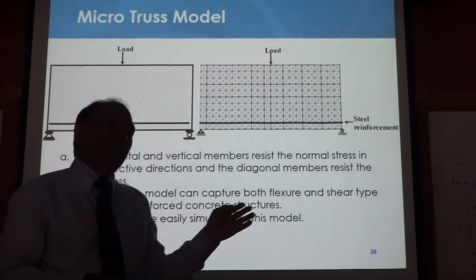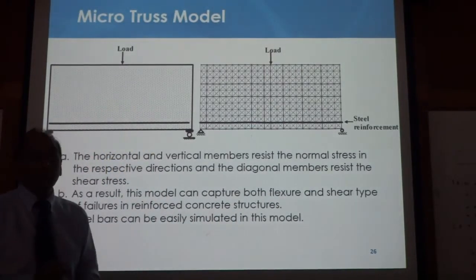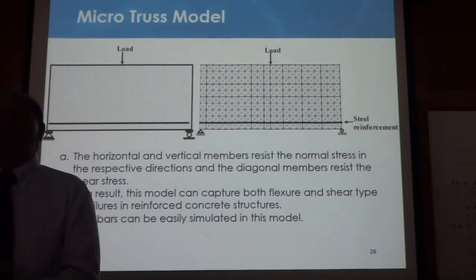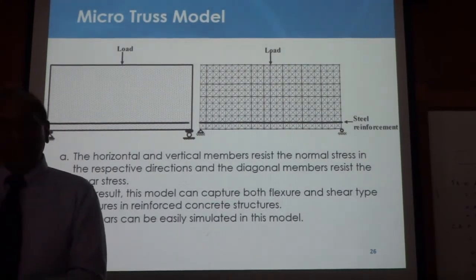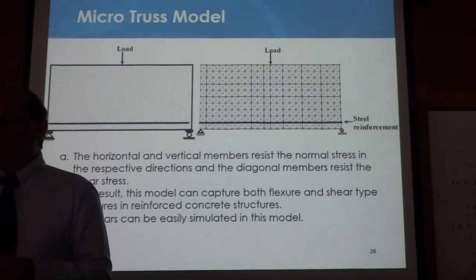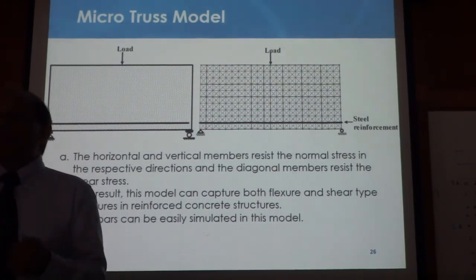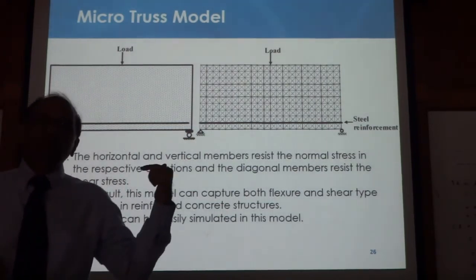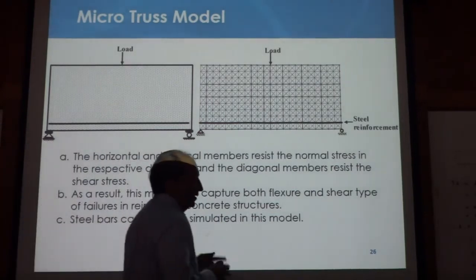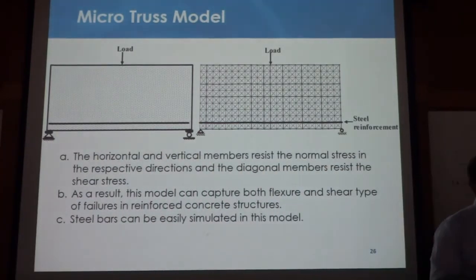Of course, many people will say, okay, you can use a shell element or a membrane element, which is true also. But what is the problem? Shell and membrane elements have the same behavior in tension and compression, so they cannot model concrete well. Concrete can only take stresses in one direction, not the others. So you can use the truss model to model the materials more reliably, especially for the failure levels.